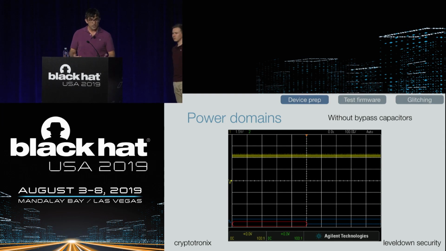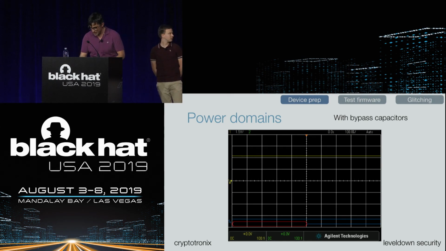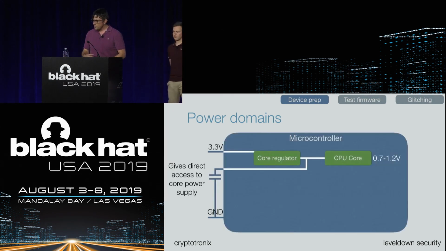This is a fact we're going to exploit when we do the glitch, but if you're trying to build something, this is really not what you want. You want the capacitor there to get a nice clean 3.3 signal trace. So for glitching though, get rid of those caps. Now the other thing that's interesting is, we've done our reconnaissance, we've looked at this data sheet, we're trying to glitch the logic.